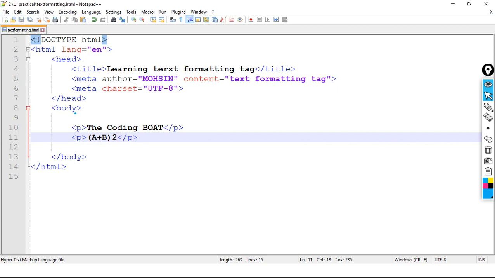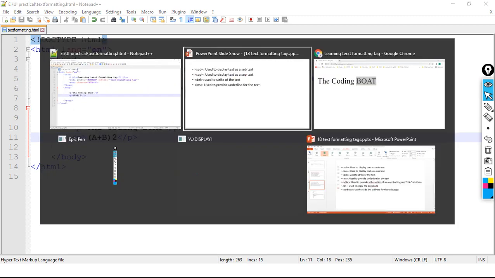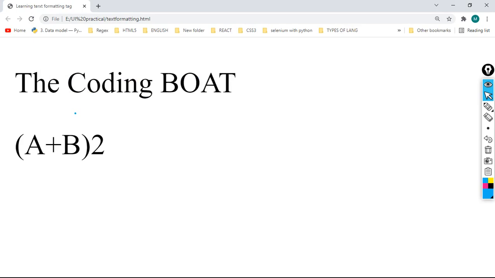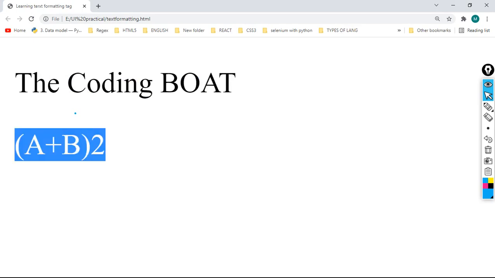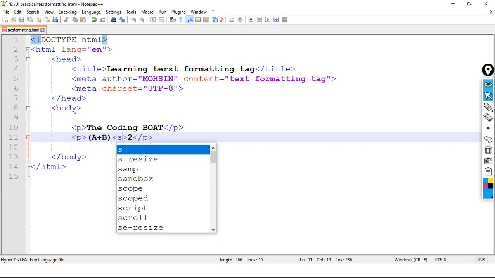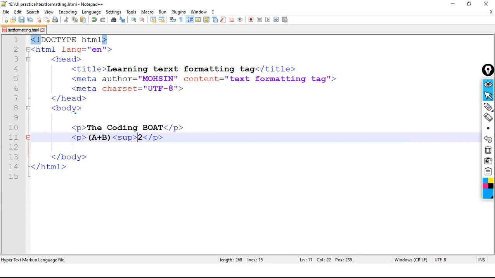I have saved the code using Ctrl S. Now I am refreshing the page. Is it coming as a square? See here. A plus b 2. It is not coming as a square. So here I will use the super tag, the superscript tag.